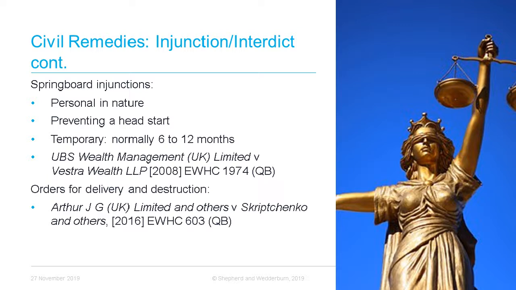The second is the balance of convenience, and this is where if a party has demonstrated that there is a serious question to be tried and that damages aren't an appropriate remedy, then the court will consider where the balance of convenience lies between the parties. This involves considering a number of different factors, including whether making the order is in the interest of justice, the preference of the court to maintain the status quo, and whether more harm is likely to be done by granting or refusing the order. And then the third issue that I just touched on is the adequacy of damages as